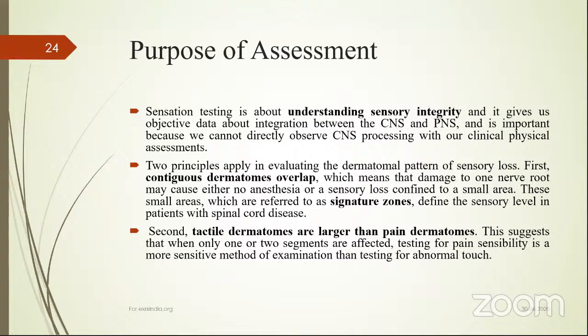There are two principal patterns of sensory loss, how the sensory loss takes place in the dermatomal pattern. One is contiguous dermatomal overlap. There may be damage to one nerve root, with no anesthesia and no sensory loss, or it can show a small area of sensory loss. This area is called the signature zone. Signature zone means that the spinal segment shows loss of sensation at that area only. That is called signature zone. And particularly this is very important in